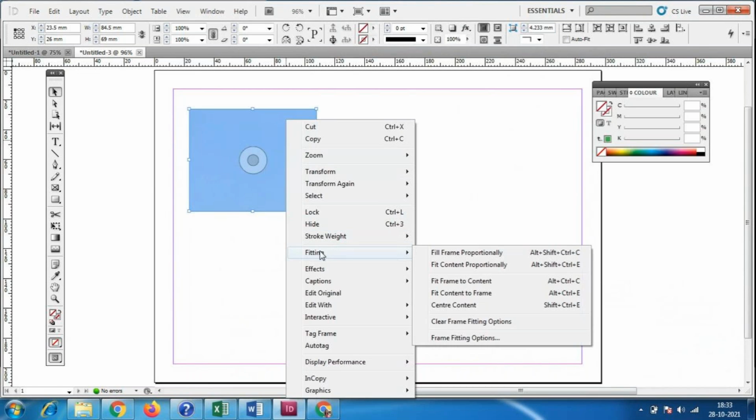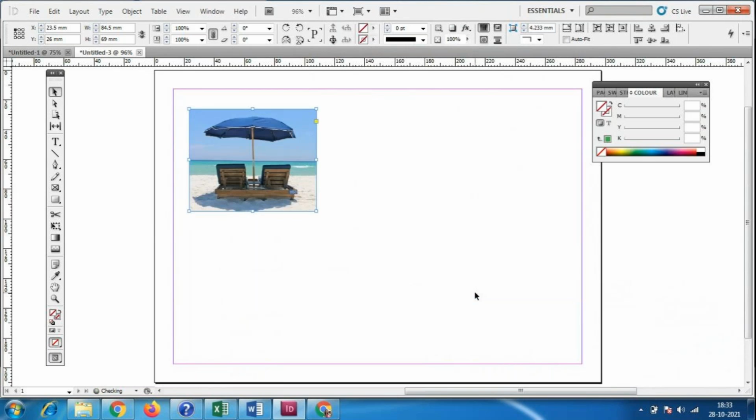In that, fit content to frame. Fit content to frame means however much frame I have taken, the contents, in the sense the image, which is going to sit inside that frame. Okay, fit content to frame. So this is my frame, whatever box I have taken, this is my frame.